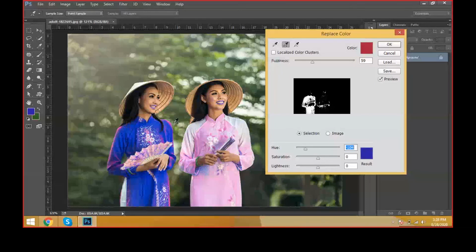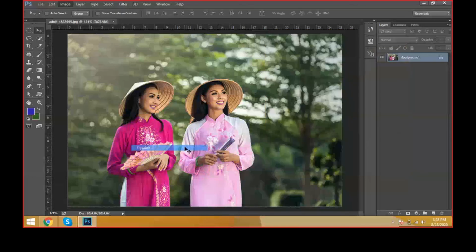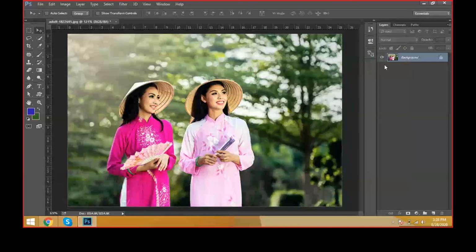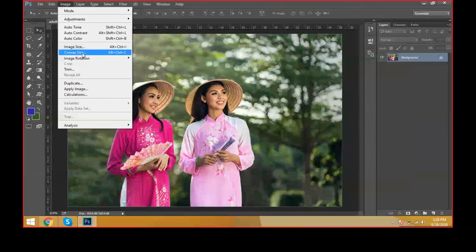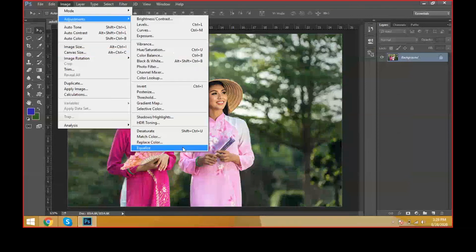And come to image adjustments and equalize. Automatically the equalize effect will be applied to the total background and image. See how the image has some disturbance, it is a raw image. Automatically the equalize effect is applied. Equalize is nothing but getting effective color, effective lightness, effective shadows and everything automatically across the complete image document. This is one type of style.